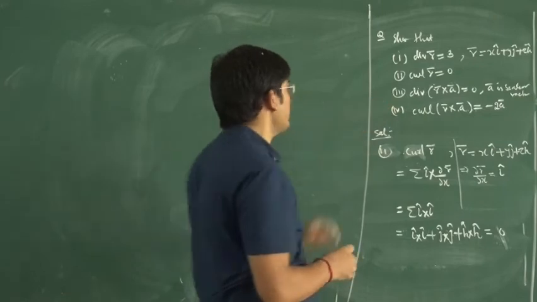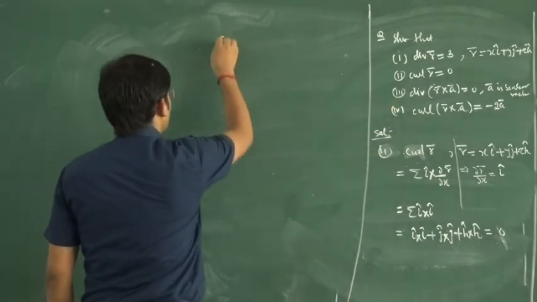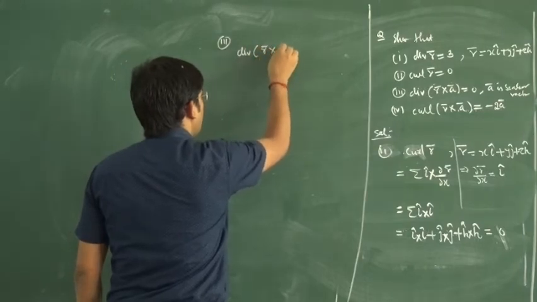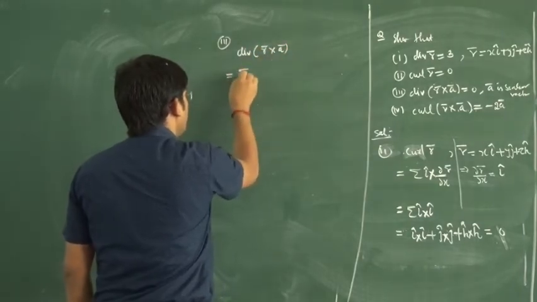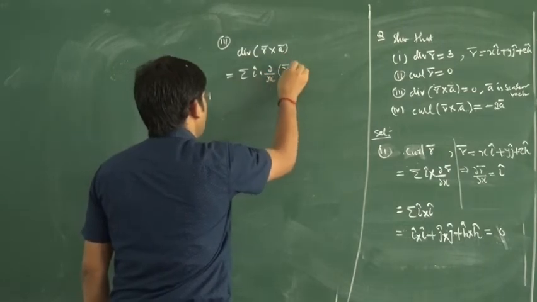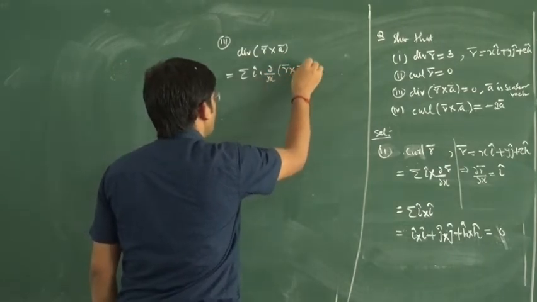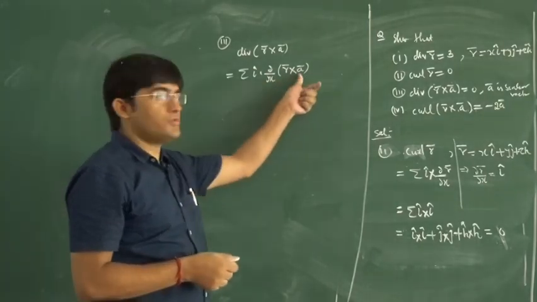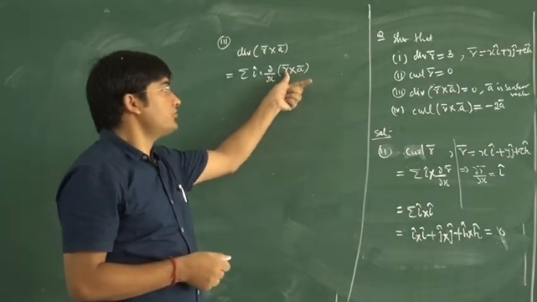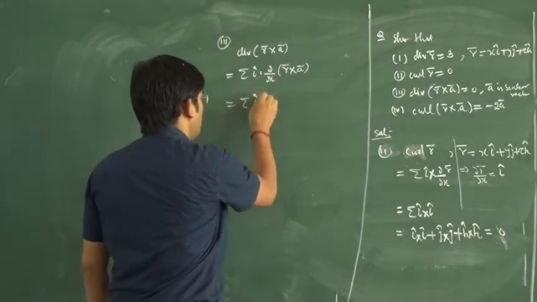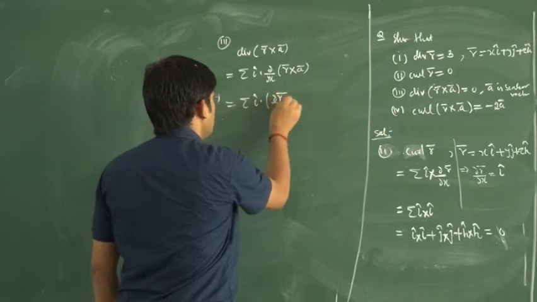Now your third part, divergence of R cross A. Again use the definition. The definition of divergence of V is equal to I dot del by del x of V. As your A is the constant vector, its differentiation will be 0. So we will just differentiate this R, and this is equal to I dot del R upon del x cross